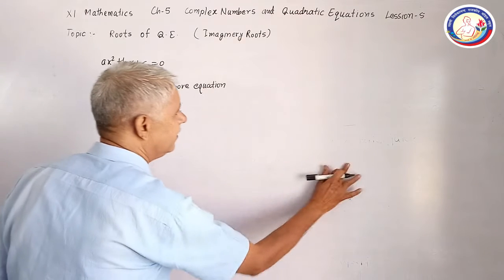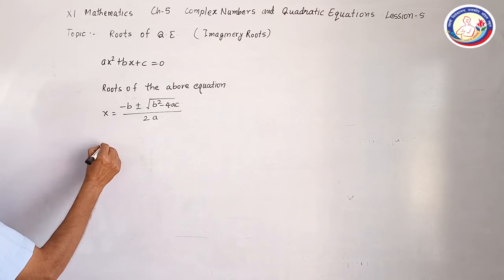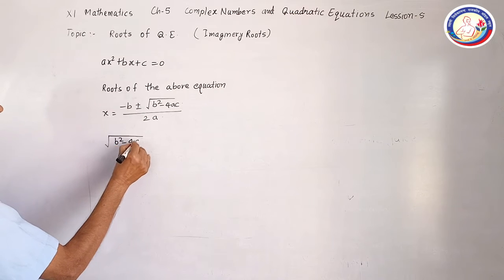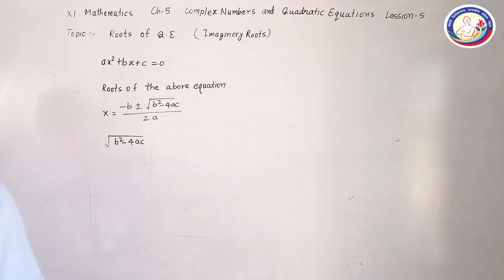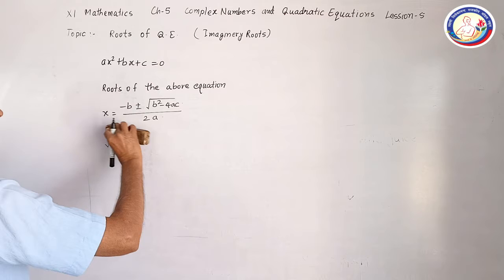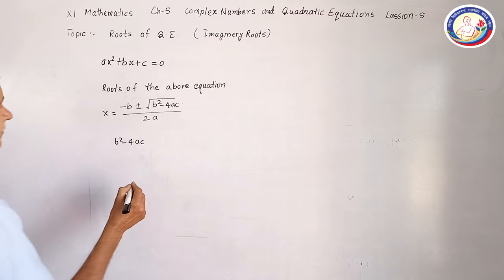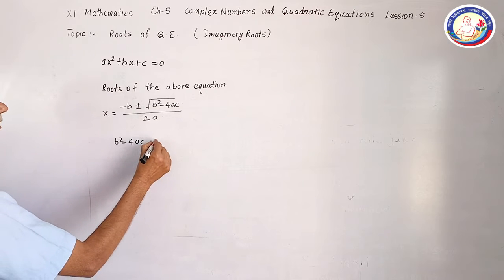As we discussed earlier, this expression b square minus 4ac decides the nature of roots. If b square minus 4ac is negative,